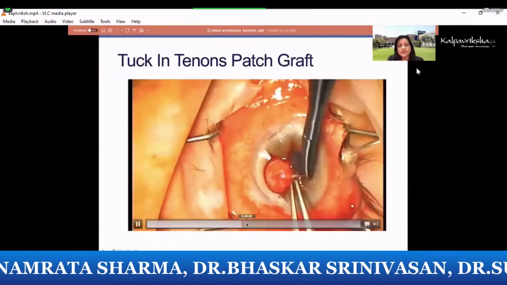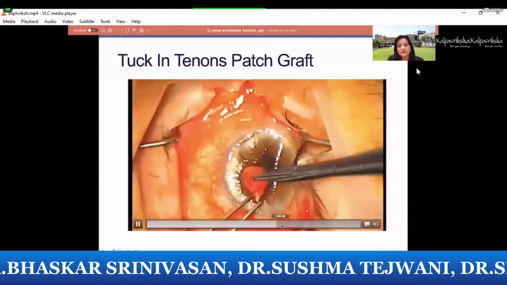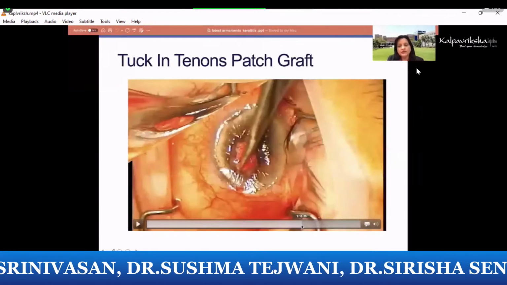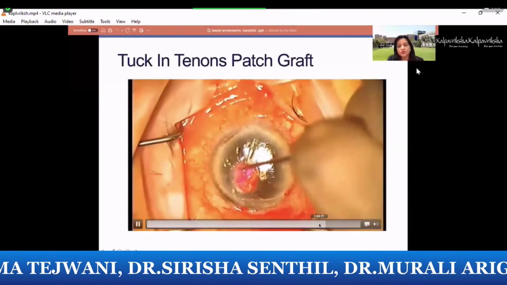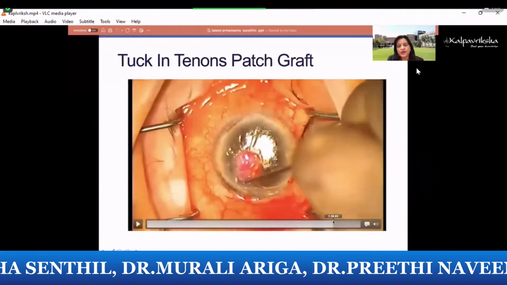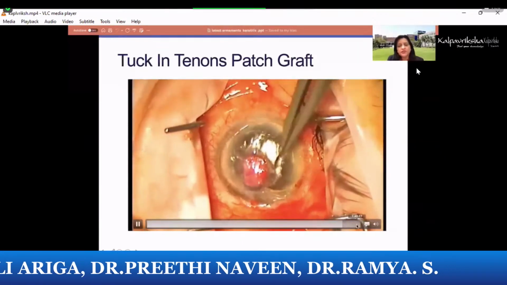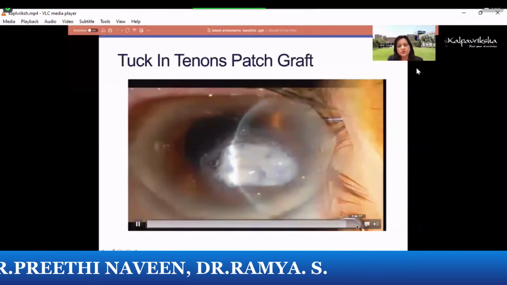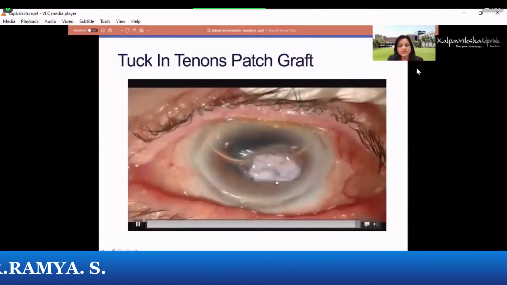So this can be sutured if it is a large perforation, or it can be glued onto the site of the perforation. Once this is done, the anterior chamber forms quite well after you put the air bubble there, and the results are very good. This was especially useful in the COVID era when there was a paucity of any type of donor tissue, and so it helped to seal perforations.